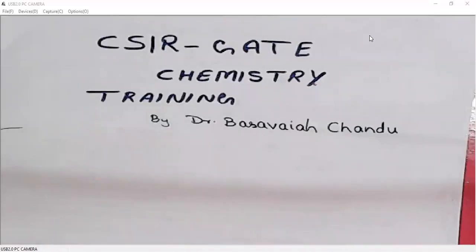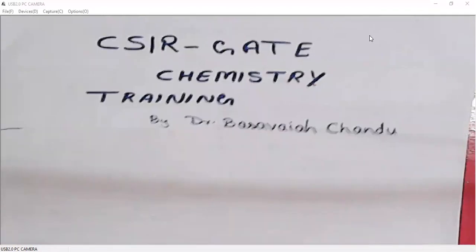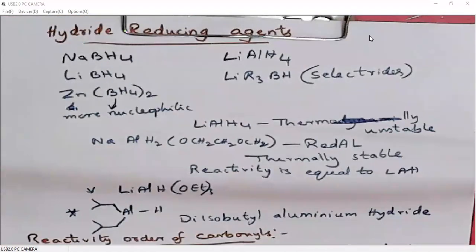Welcome to the class on reductions. We were just discussing the second part of reductions, that is hydride reducing agents. I did tell you about all these reducing agents: sodium borohydride, lithium borohydride, zinc borohydride, then lithium aluminum hydride or lithium trialkyl borohydride,